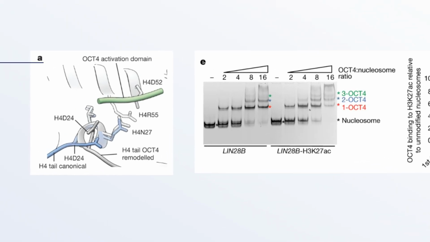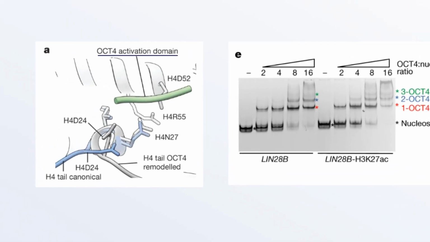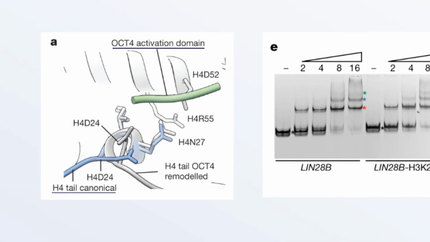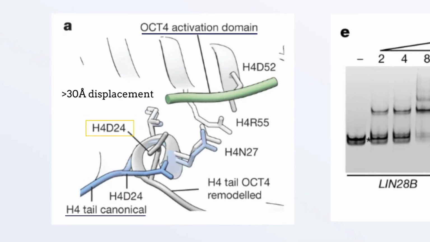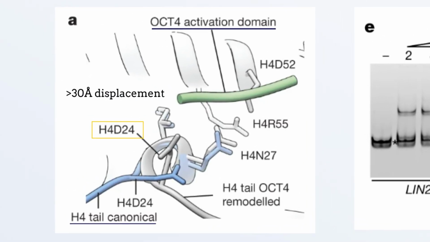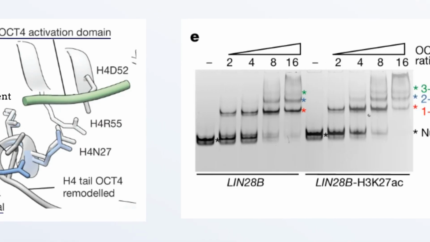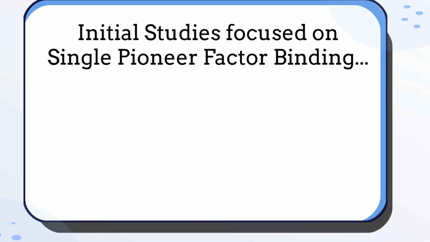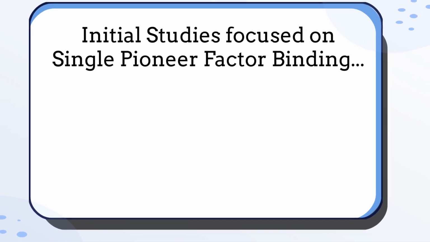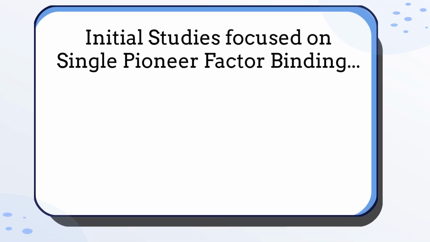Remarkably, the N-terminal activation domain of OCT4 contacts the histone H4 tail, rearranging aspartic acid 24 and displacing the tail by over 30 angstroms. This disrupts internucleosomal interactions and promotes chromatin opening. The study also showed that H3K27 acetylation enhances OCT4 cooperativity, inducing a 1 base pair inward DNA shift and exposing more binding sites. While early structural studies focused on single pioneer factors binding single nucleosomes, a groundbreaking 2024 study in